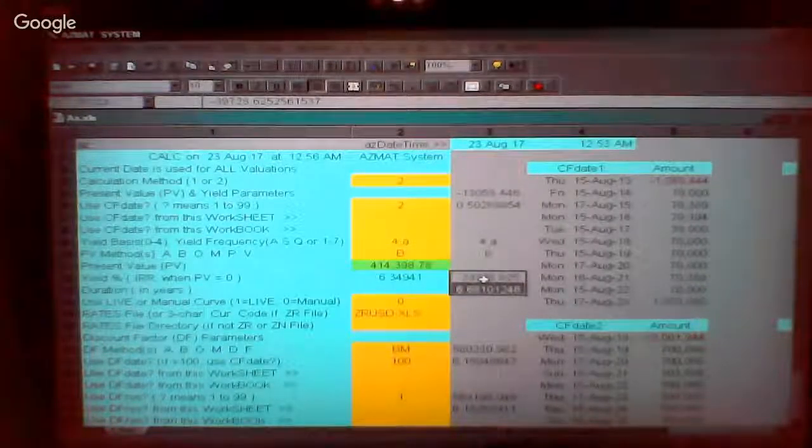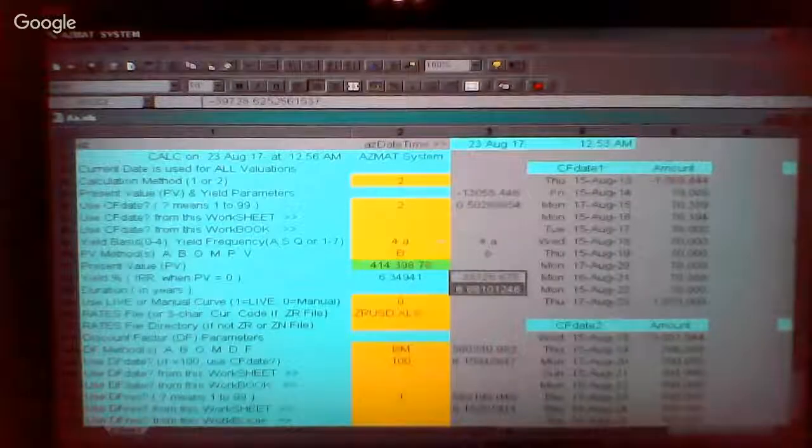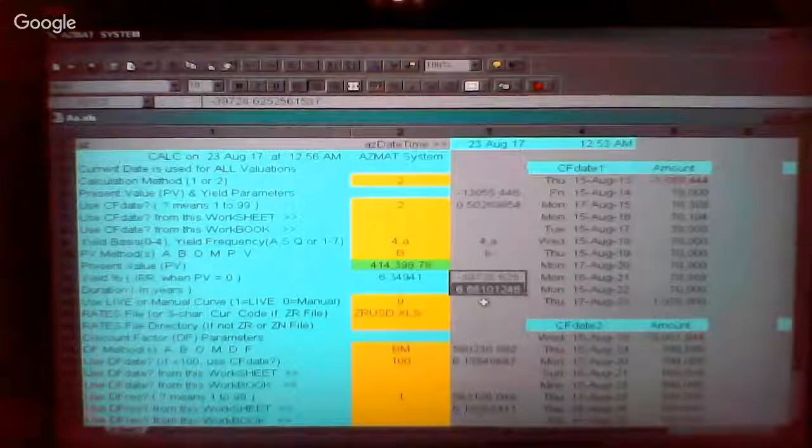But the main difference, if I use Control keys, is that it will also enter it in the current cells, as well as in this area. So if I now enter Control B, so Control B,